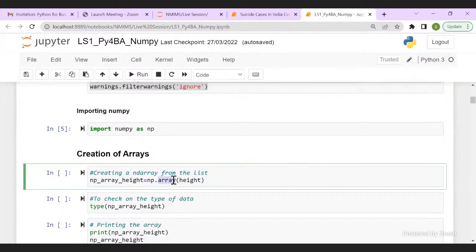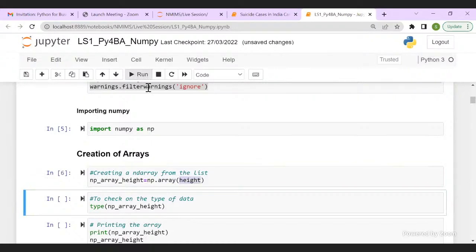So you don't have to remember much. What you have to do is, I want to create an array, I call array. Simple. And I pass on the list name, and then I have my array. Simple, execute this statement using run and you have an array. There is no output because I didn't ask for any output. Let's see whether I was successful in creating an array.